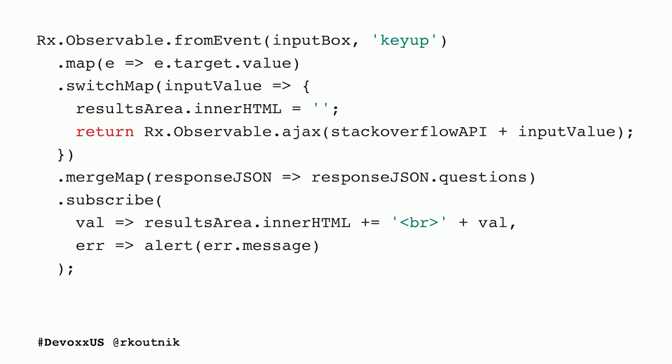So that whole A, AB, ABC, back and forth, all handled. And not only that, we didn't have to handle it. Rx did. And there's another really important thing happening here. The code is executed in the order we read it. Because our puny meatbag minds like to read things from top to bottom. And really, really often, code does not execute from top to bottom because they're calling functions here and there, and because this actually is called, but it doesn't resolve until that does. With Rx, our code executes in the order we write it. We don't need to worry about parts of the code until we get to them.